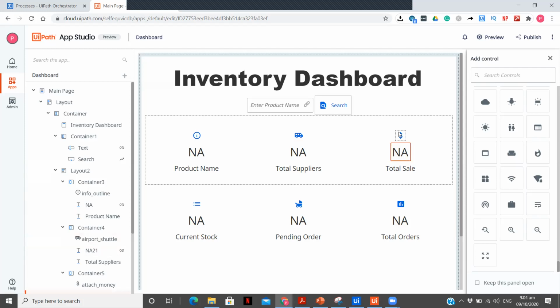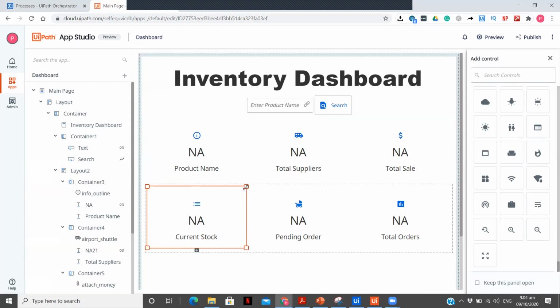So again, n/a, similar. And what I've done is, so as not to do the same work again, I've just copied this and pasted it over here. The complete layout you see from up, I have pasted over here. And then here we are giving current stock.